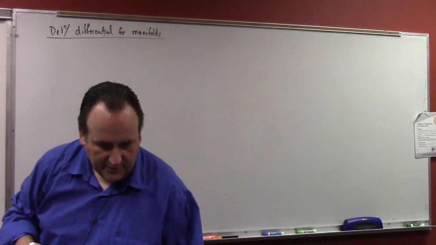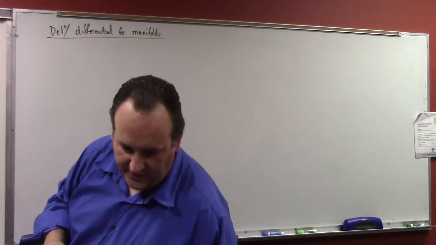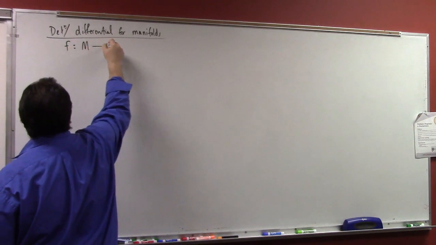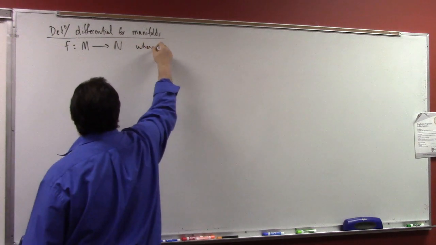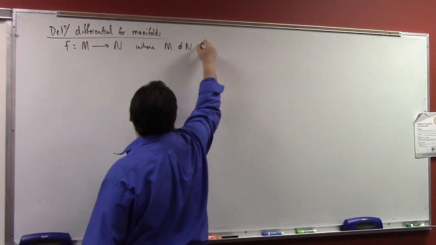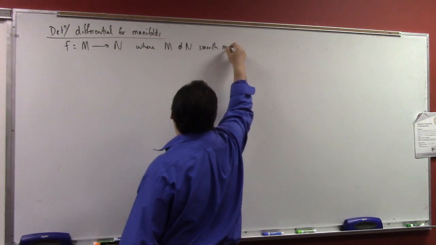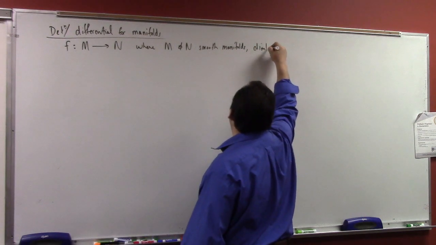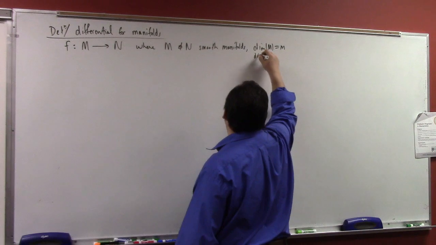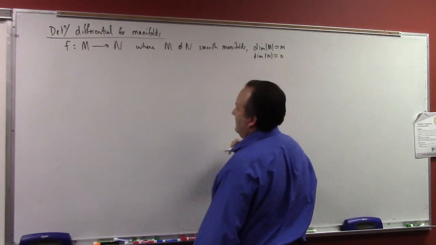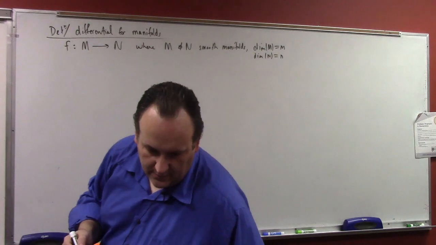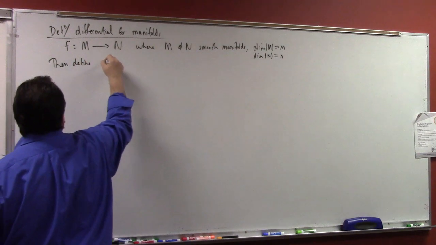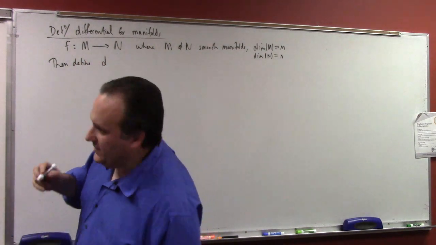So in particular, suppose I've got f, a mapping from M to N, where M and N are smooth manifolds, dimension of M equal to m, dimension of N equal to n. Then we define d_p f